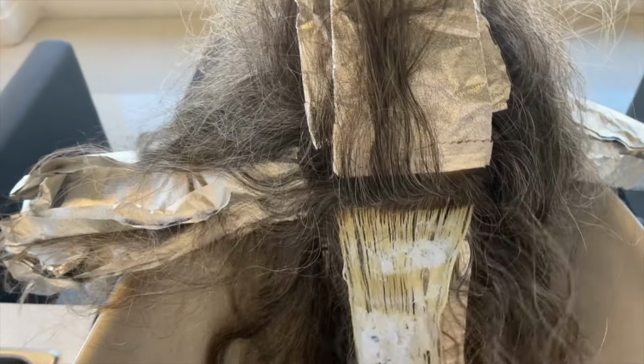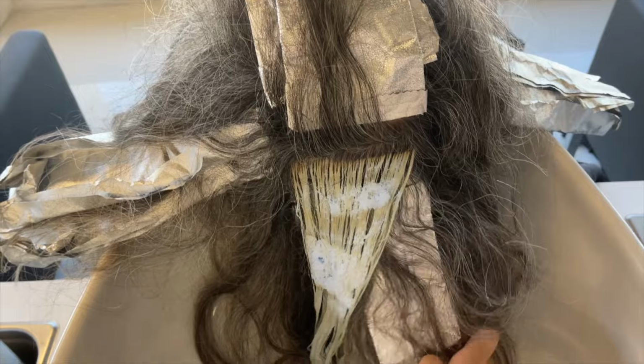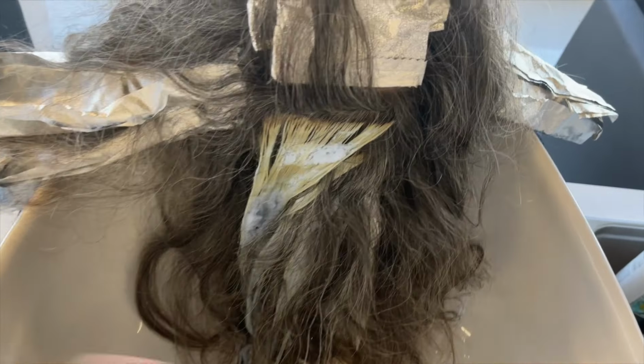So this is what it looked like when my client's foils were ready. I lifted her, I would say, to about a level 10, and she lifted so beautifully, again, because she has that virgin hair. And after everything is lifted basically to the same level, I'm going to pre-tone her with some